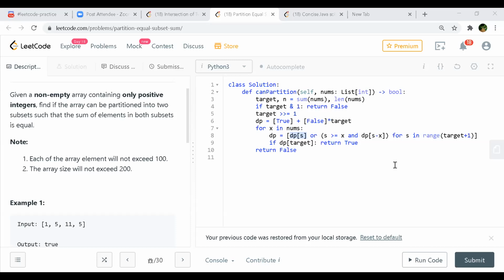Because if you add all those numbers, the sum will always be greater than n. Your values will be something like 1 to 100, so if you keep adding them, that will be more than your array size, which is 200. As Harshit said, if all were 100, it would have been 20,000, right?